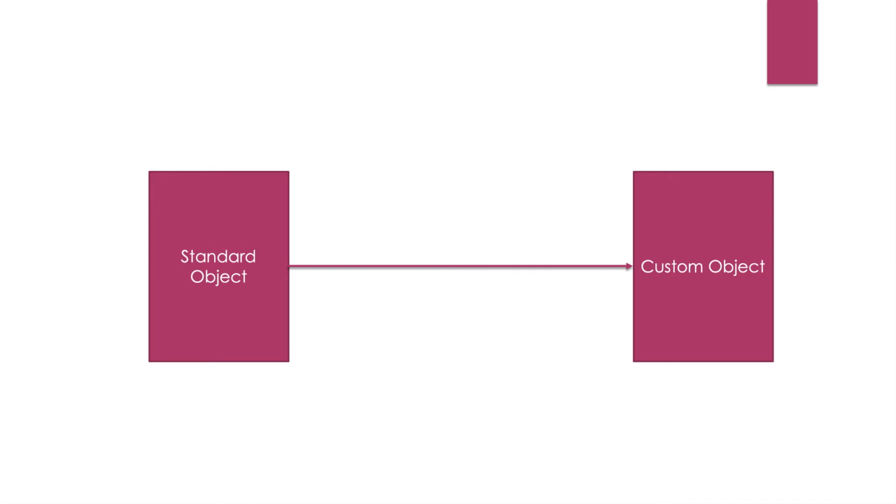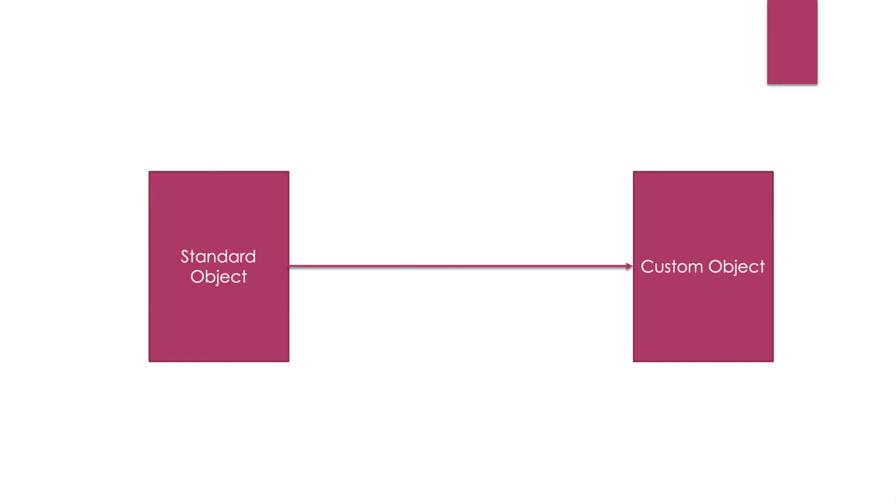We have to remember one more point regarding master detail. That is, at any point of time, you cannot make a standard object a child to a custom object. It's not possible in Salesforce. One more point is, we can't do master detail relationship from a custom object to a standard object. When a custom object already has some existing fields, in that case, we need to make it a lookup relationship first. Later we can convert that lookup to master. Now come back to our point.